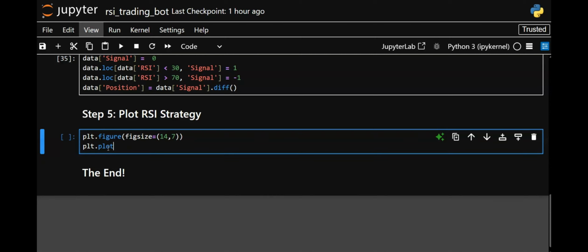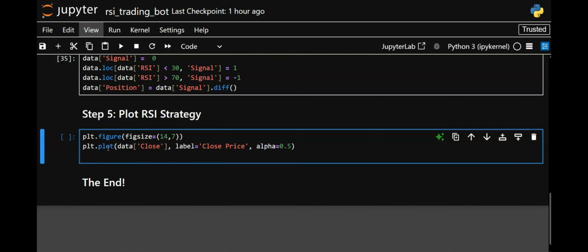plt.plot(data['Close'], label='Close Price', alpha=0.5). Close that. Then plt.scatter(